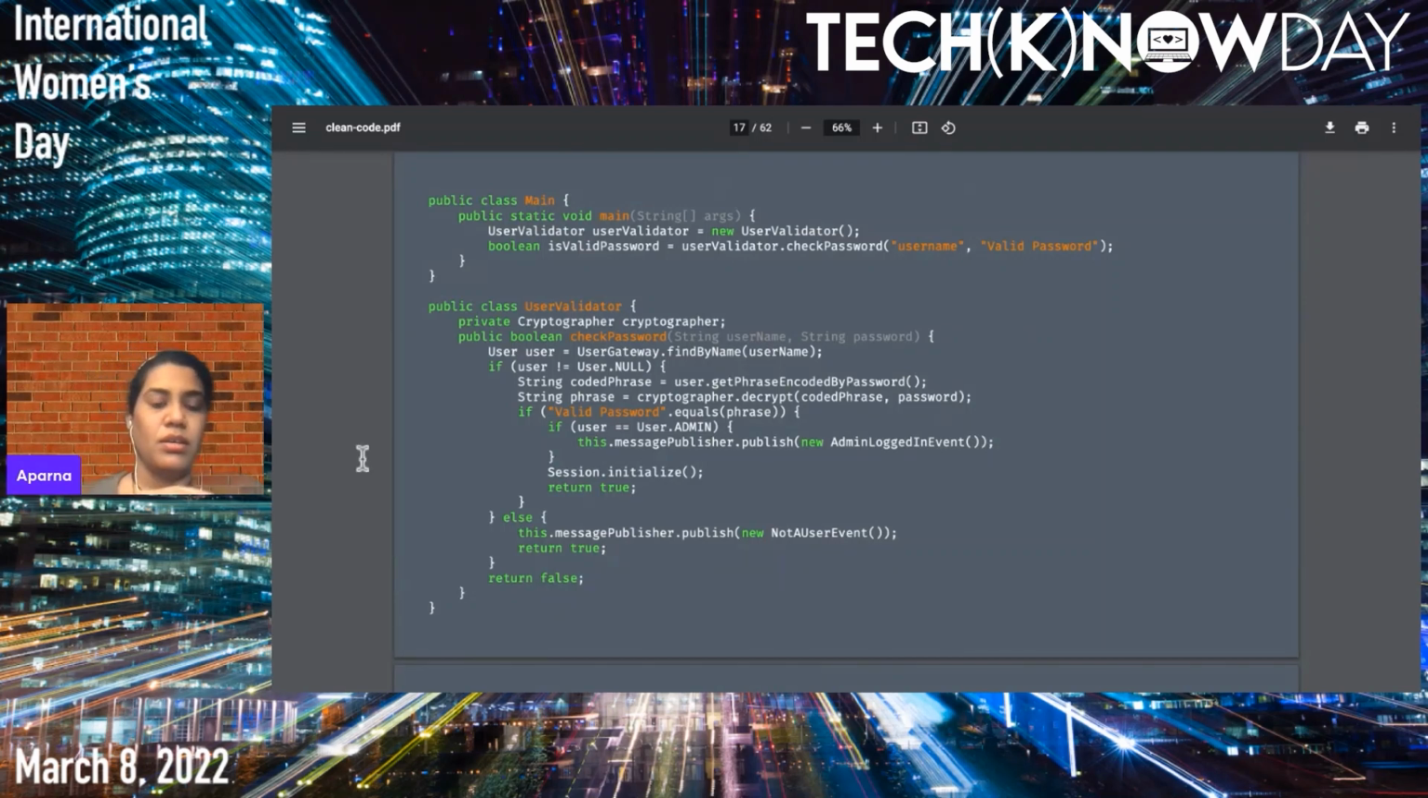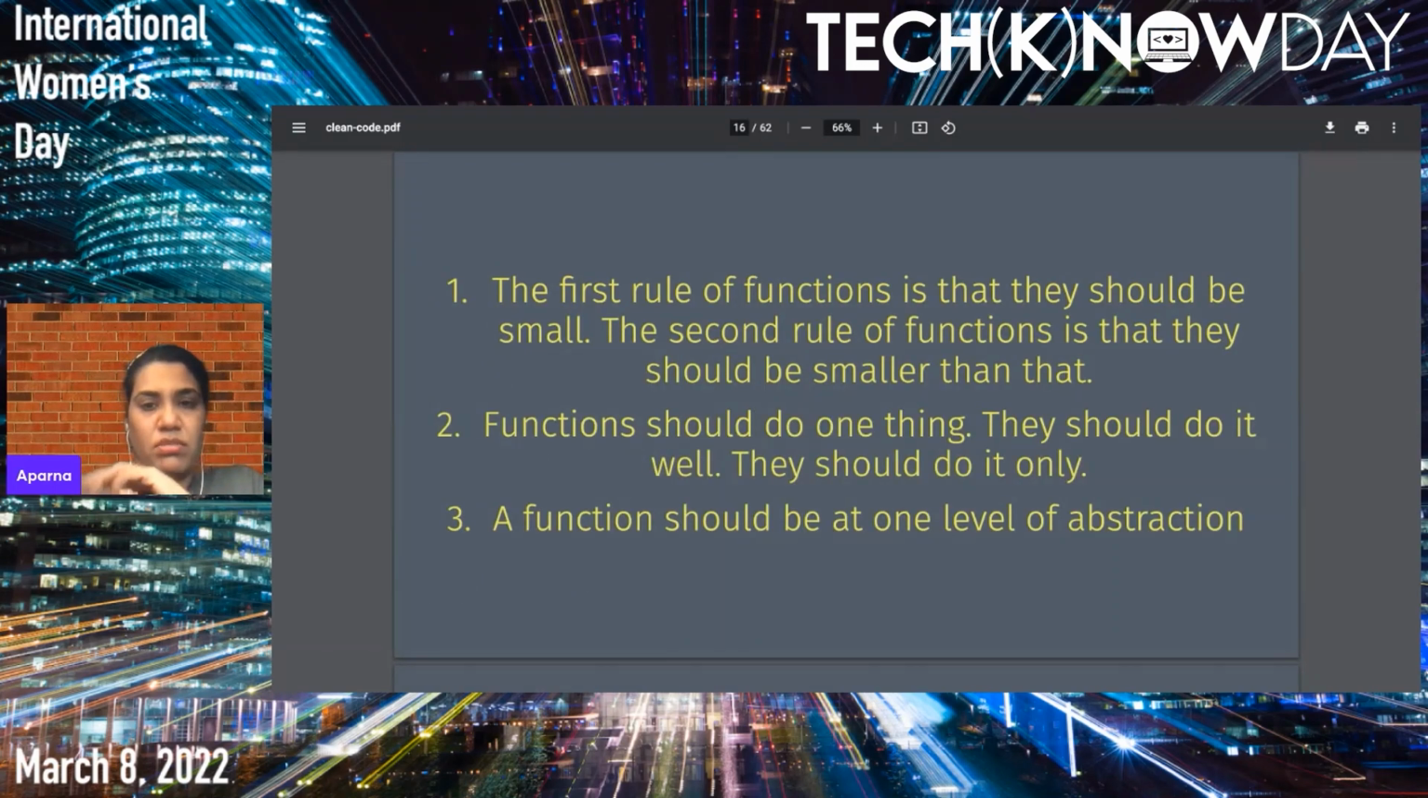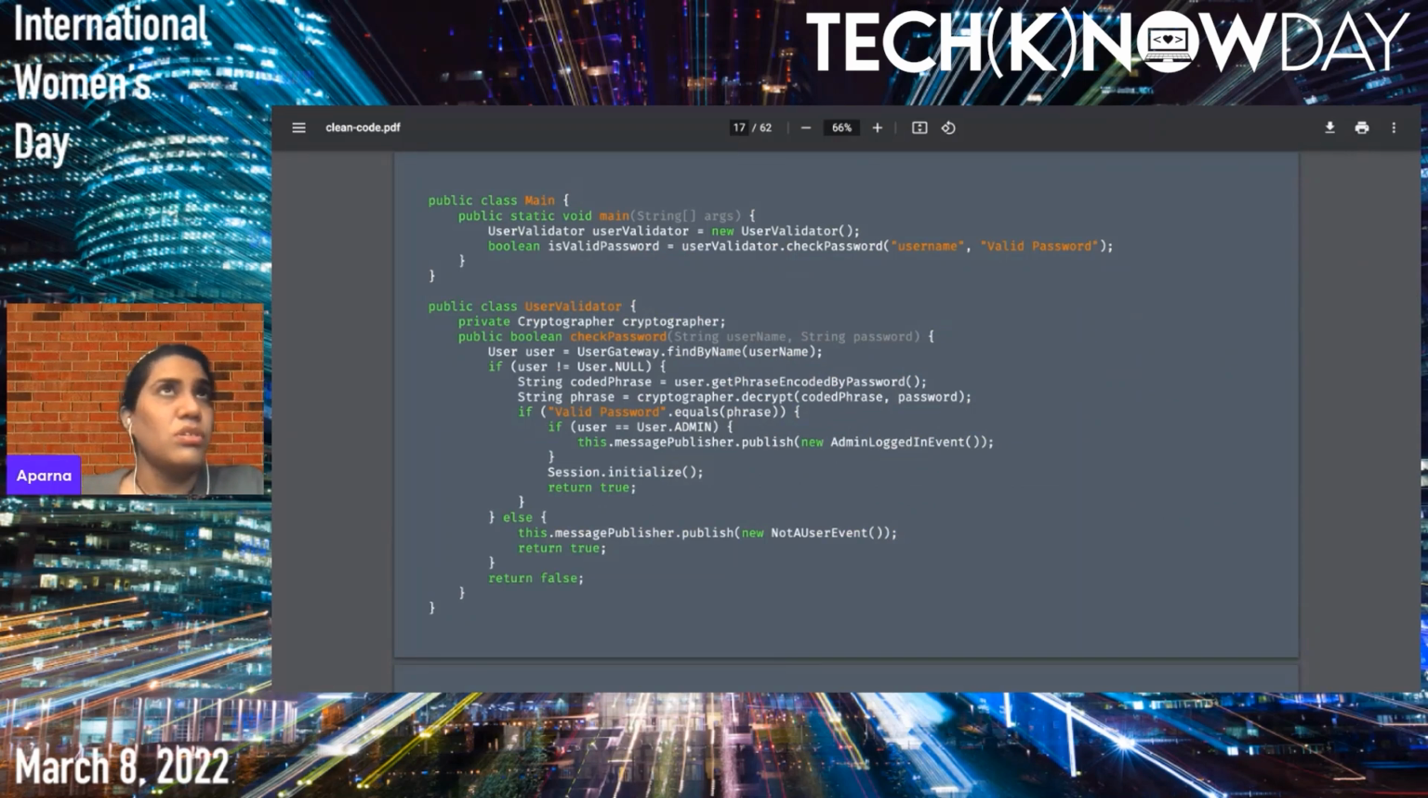Okay. So, based on even just the principles that we have read so far, just the previous slide, the naming section, and what we have read as the principles of good functions, this function is not doing one thing. Very obviously, it checks for the password. If it is an admin, it has to do something, publish a message. And then